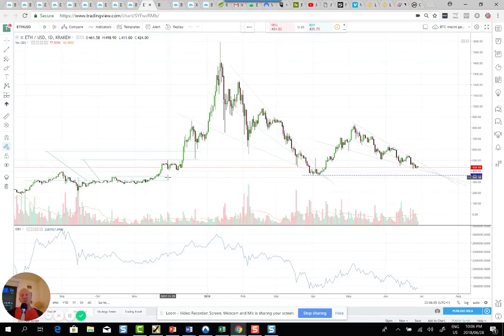What could contribute to me being inaccurate and this being an upside? Well, if we look at Ethereum, falling wedge, could pump up. Often falling wedges do pump up and not far away from an exhaustive low. By the way,